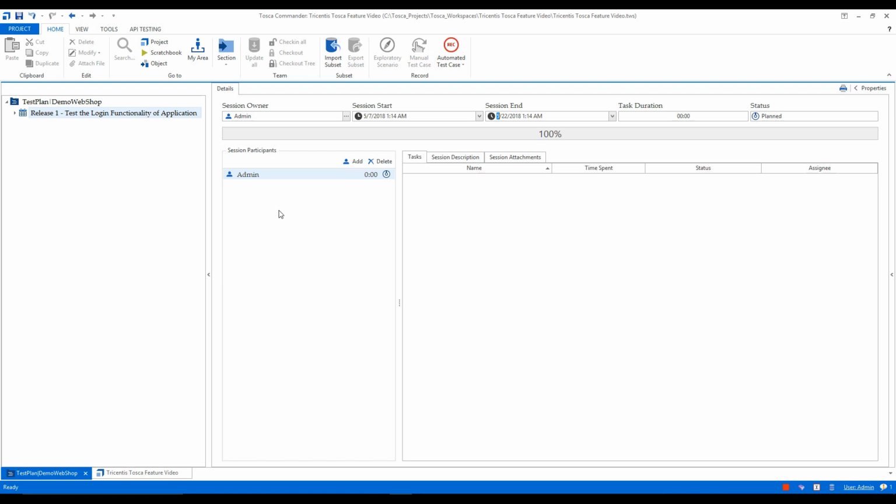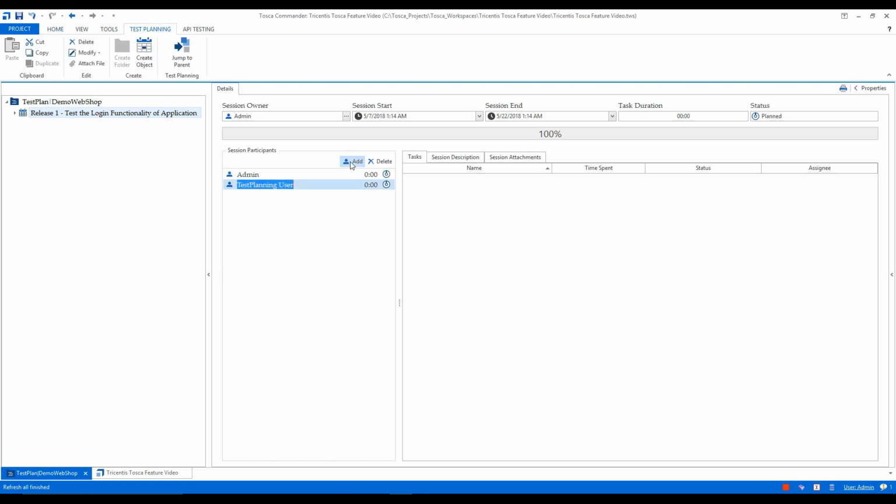Each and everyone who has been involved in your project would be part of this session participants. In order to add a session participant, as you can see here, there's one button called add. So from here you can add the test planning user,